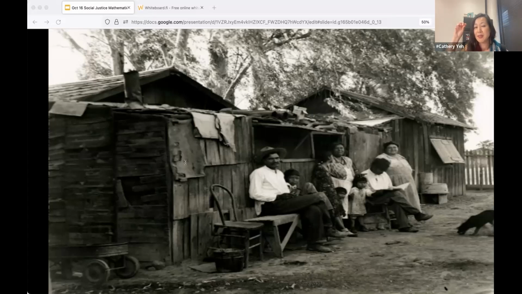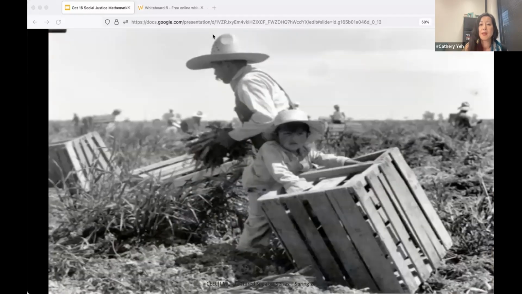And from the period of 1900 to 1934, Filipinos began immigrating to the California Central Valley, where there was a high demand for field laborers. The Filipino immigrants, whom we call the Pinoys, worked in the fields of the San Joaquin Valley, Salinas, and Sacramento. Without labor unions, migrant farm workers weren't protected under existing labor laws.